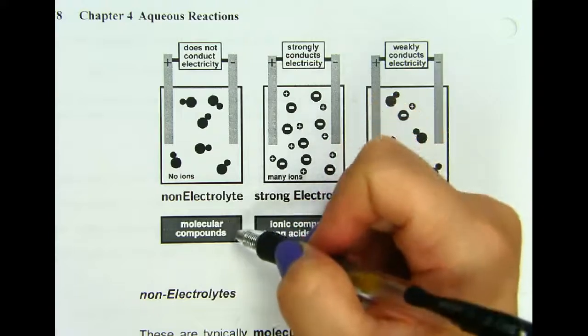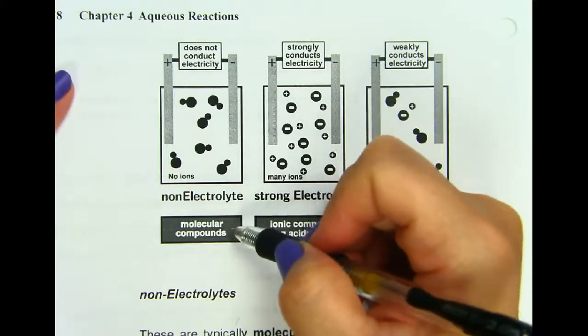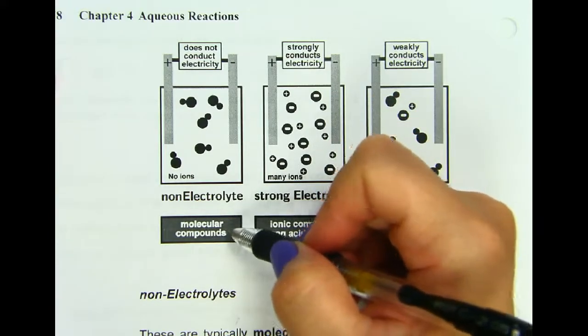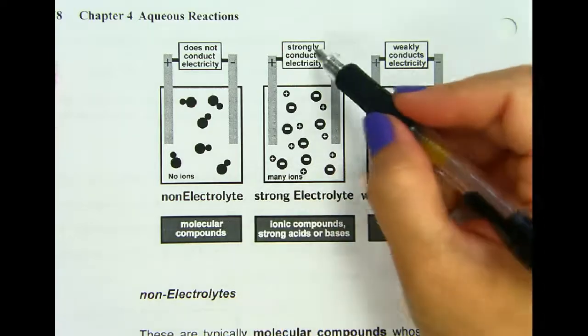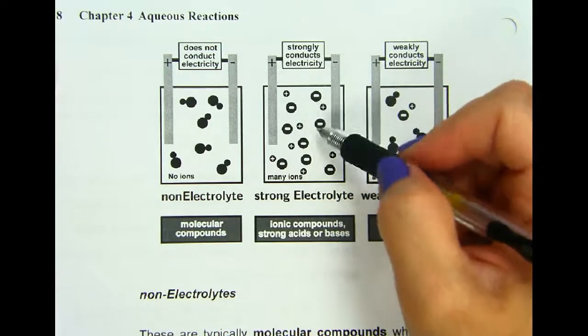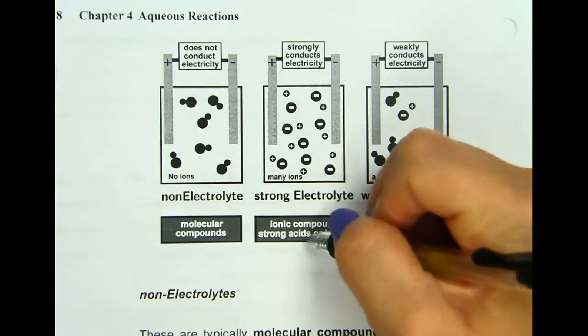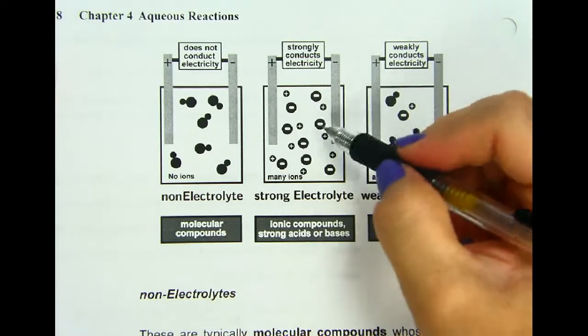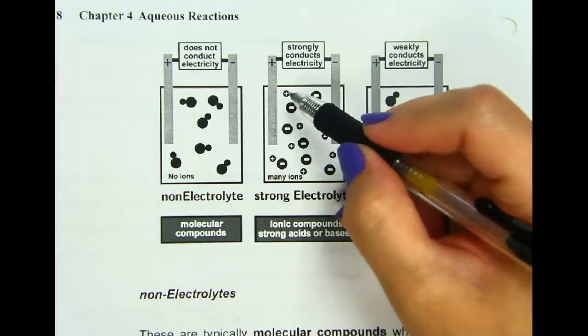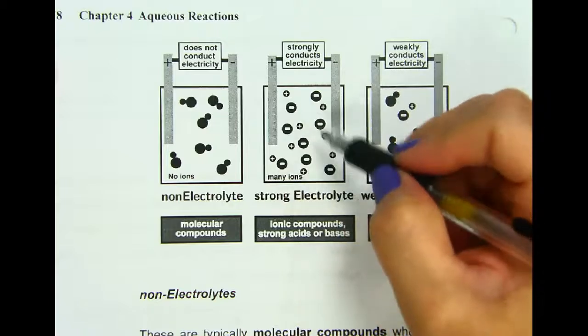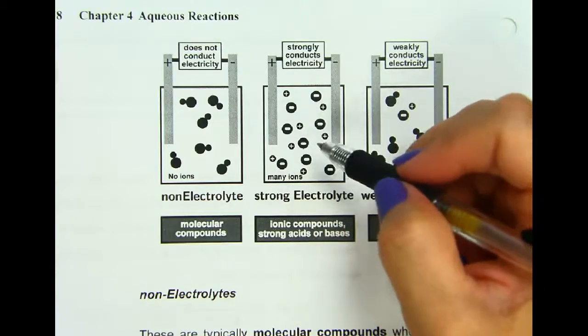This is going to be generally molecular compounds. These are going to be two or more non-metals that are combined with one another. Strong electrolytes are going to conduct electricity strongly, and these are going to be ionic compounds, strong acids, and strong bases. They form 100% ions. Everything in here has either a positive charge or a negative charge to imply it is a strong electrolyte